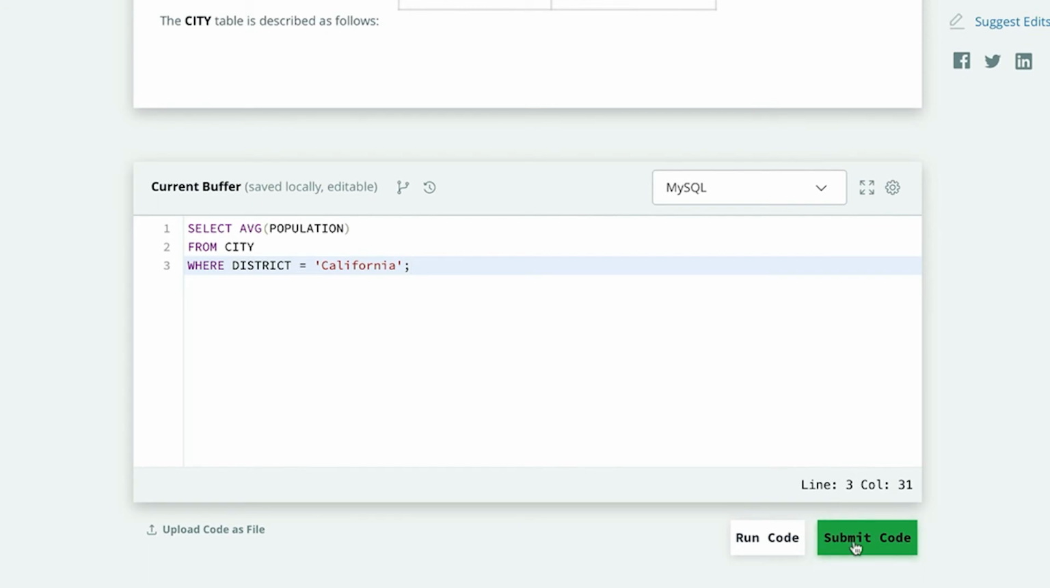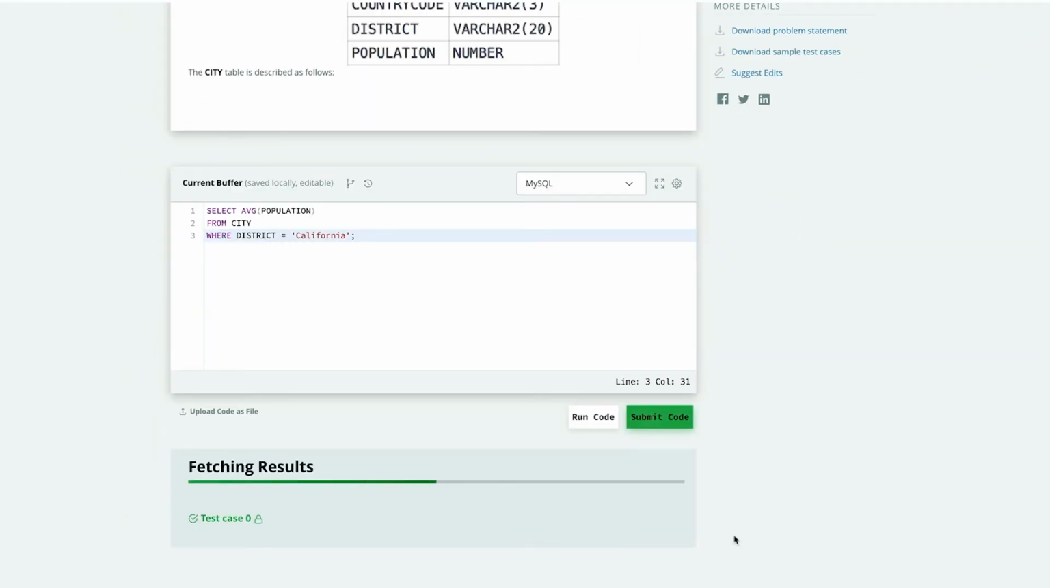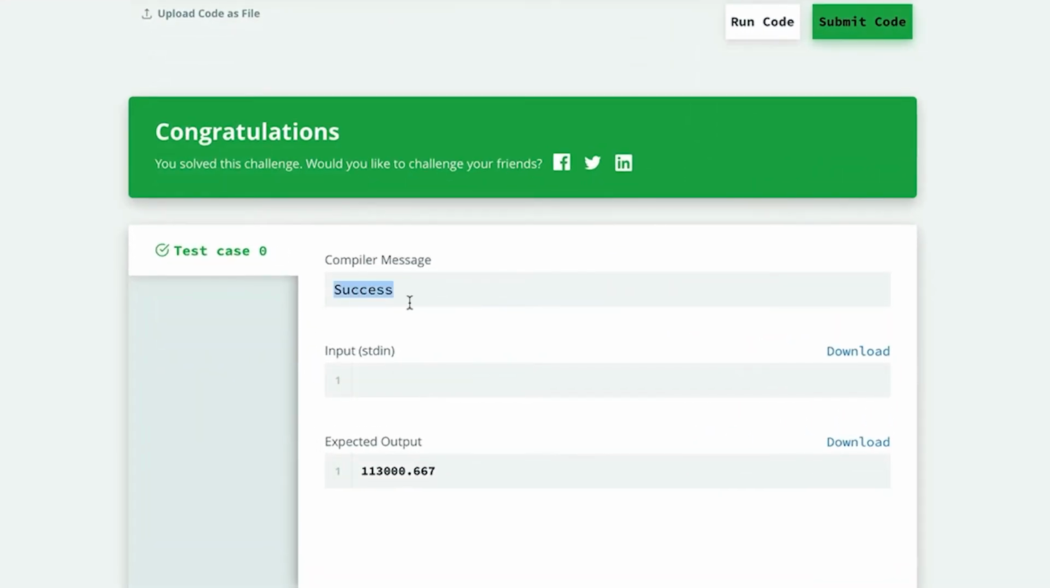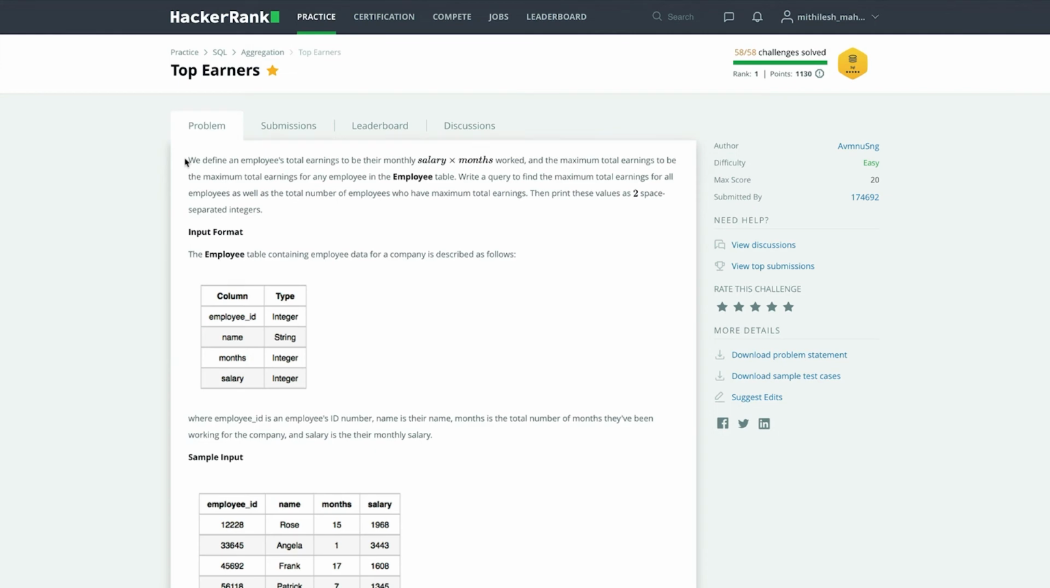Let us submit this now. And yes, our query is absolutely right. Now let us go ahead and solve the next problem. So our problem statement is,